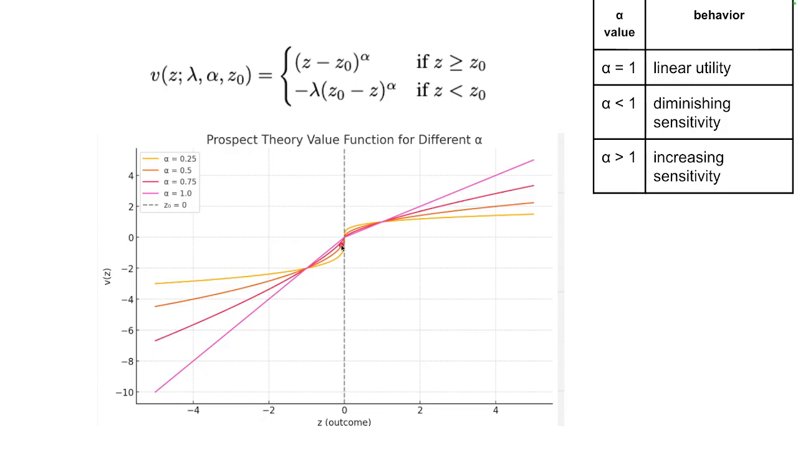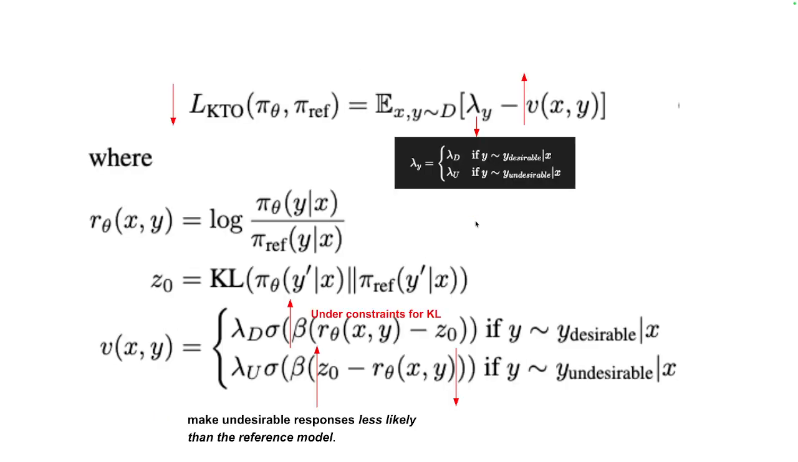So here, if you see the yellow line, which has low alpha, even in the negative outcomes, it saturates really fast. And as you increase the alpha, your sensitivity increases, and you feel more negative value from your negative outcomes. So alpha is a way to control the sensitivity of your prospect theory. So, taking ideas from this,